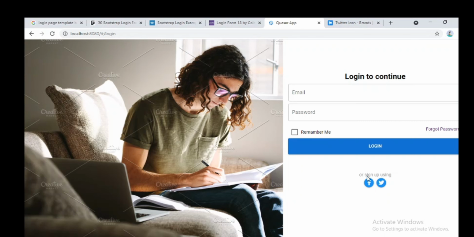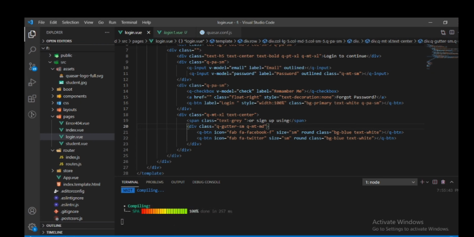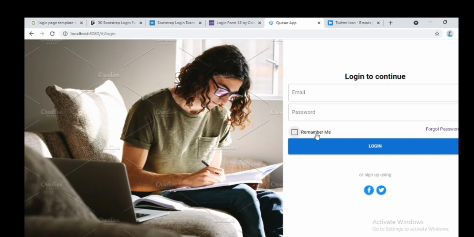login page. If you want to give space in between, use q-my-md. Okay, you can check this and even login with, suppose, jam@gmail.com and the password can be anything, 12345.